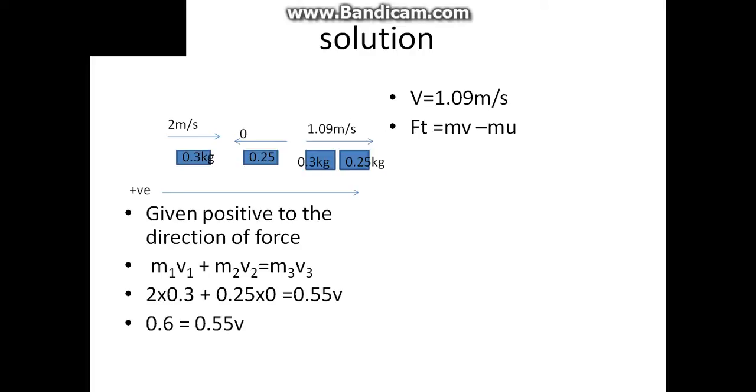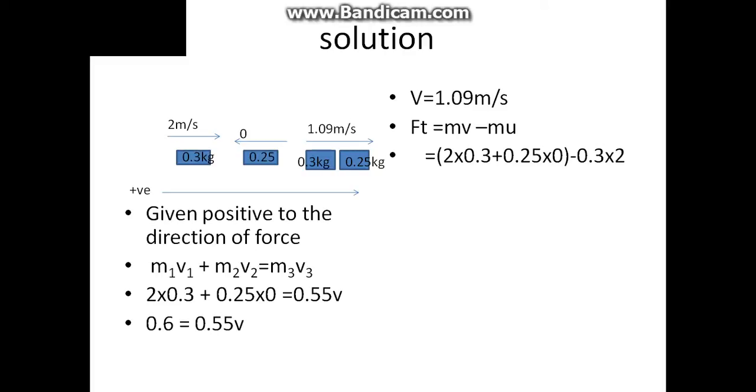Now we are also asked to get the impulse between the two, which one gained and which one lost momentum. But you know that from the formula of momentum, Ft is equal to mv, that is mass times final velocity minus mass times initial velocity. Then the mass of the moving train is 0.3 times the velocity, which is 2, plus the mass of the stationary train is 0.25 times 0 minus